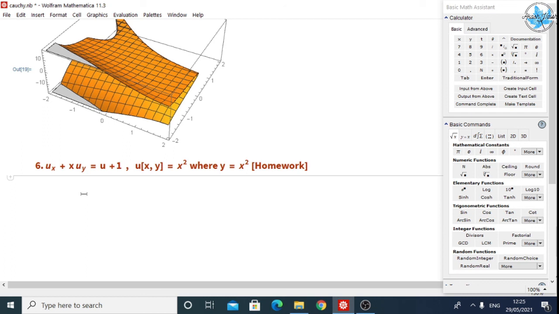Just write the equation, then use the DSolve command, that is equation 6 comma initial condition. How it can be written: u of x comma x squared double equals x squared. Then you will get the solution of the above equation. To plot the function, just write Plot3D within square brackets. Just write u of x comma y, which I have already stored in solve 6. So slash dot solve 6, then define the domain according to yourself, and you will get your graph. So you can see how easy it is to solve this equation.